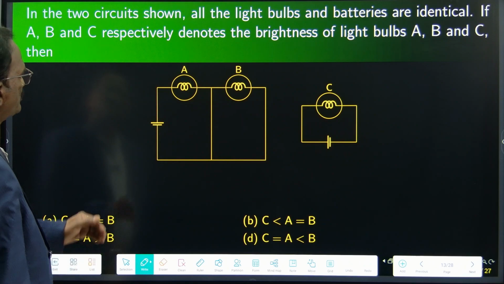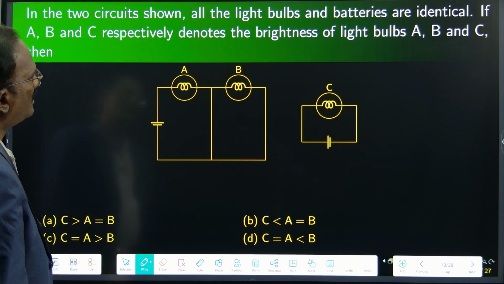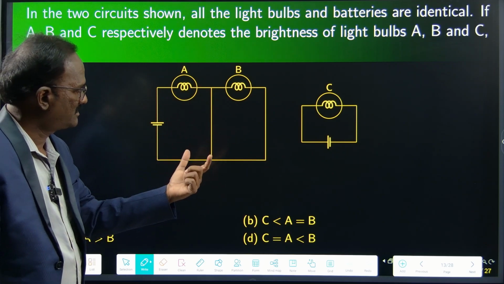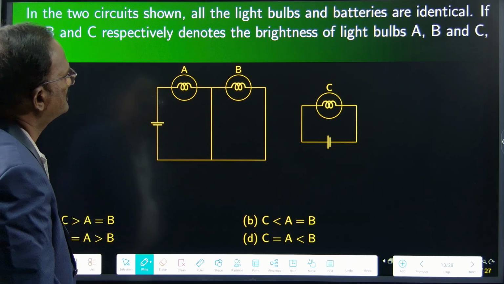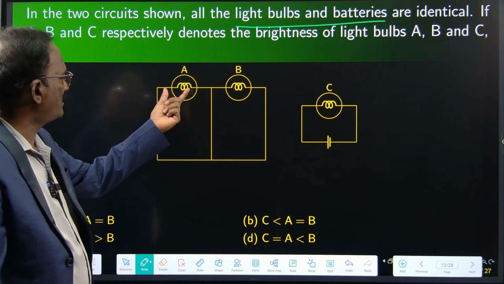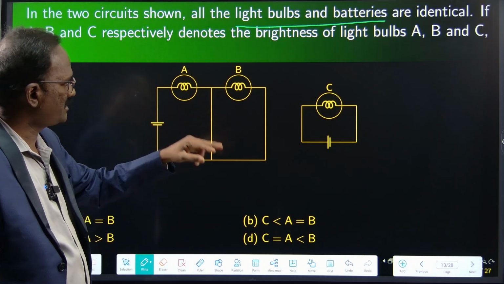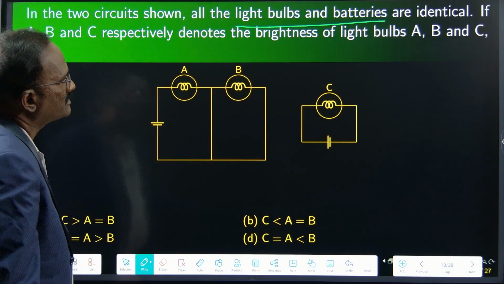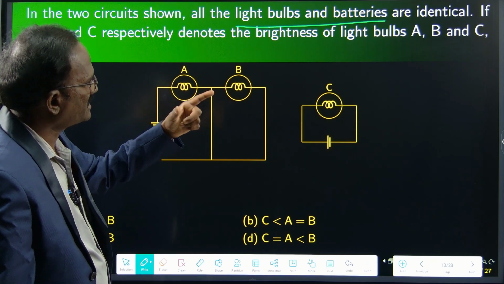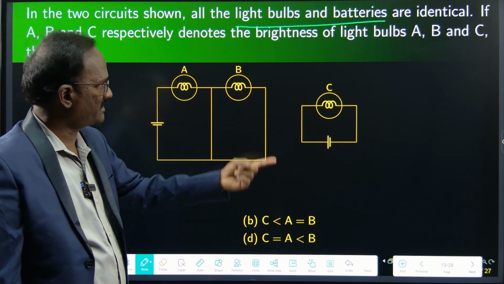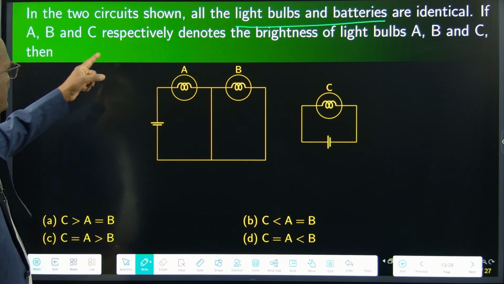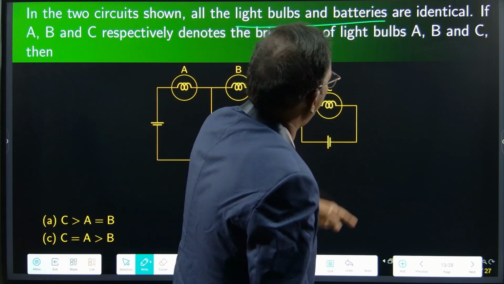This problem: in the two circuits shown, all the light bulbs and batteries are identical. A, B, C. The light bulbs and batteries are identical, with the same voltage rating and the same power rating. All the three bulbs are similar, and the battery values are also similar. If A, B and C respectively denote the brightness of light bulbs A, B and C, then